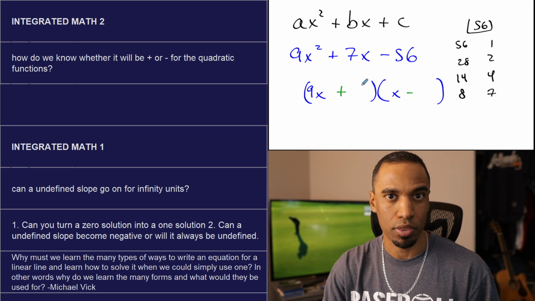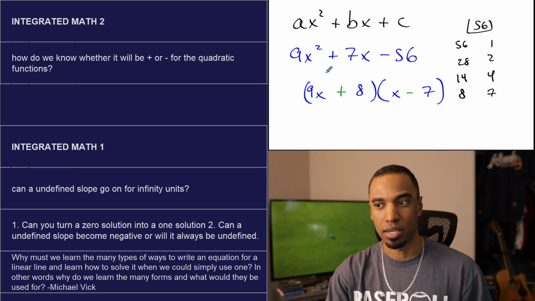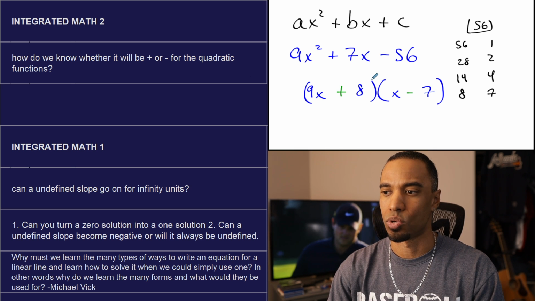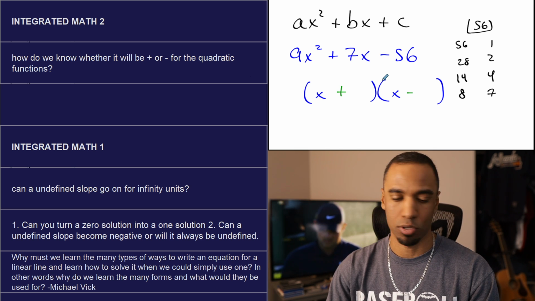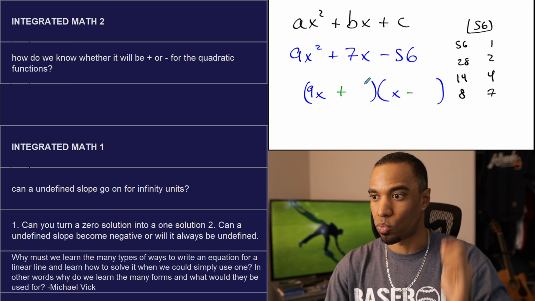So now I'm going to play with things like, I don't think in this case 8 and 7 will work very well, because 9 times 7 is 63. That'll take me a long time to get back to 7 from here. So I'm not going to try 8 and 7 this time. I'm going to try some of the bigger numbers now that I have 9 as a big number. So I could try something like